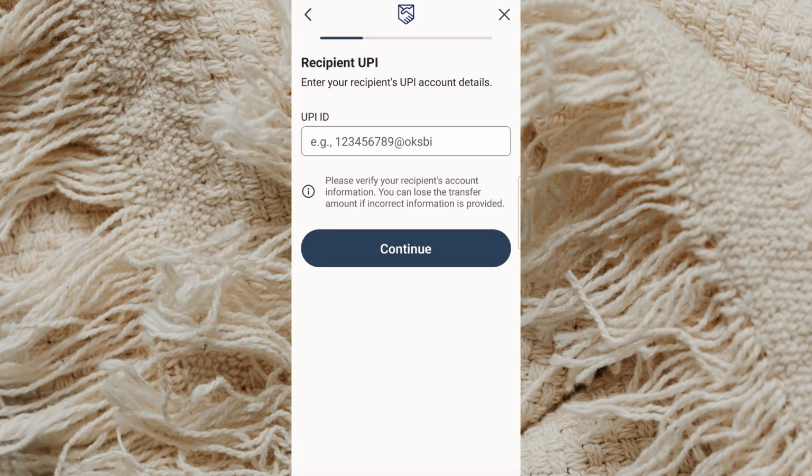Once everything is entered, follow the prompts on your screen to review and complete the transaction. Before submitting, take one last moment to check the amount, recipient details, delivery method, and payment method. When everything looks correct, finish the process by following the final on-screen instructions. That's how to send money from the USA to India through Remitly.